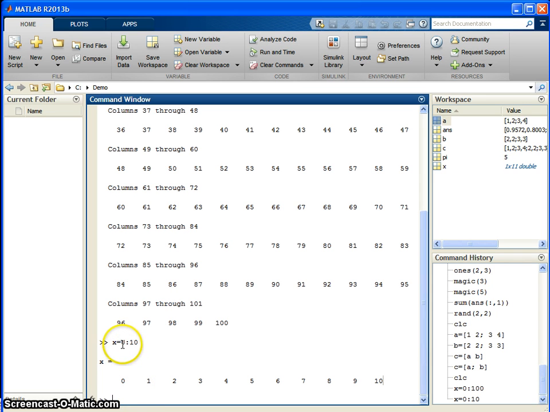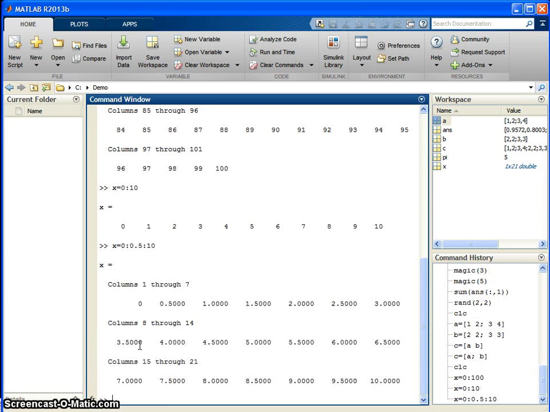In case you want to generate the numeric sequence with the step value 0.5, you have to define it. How can I define that? First you have to say the starting value, then you mention the step value, then you mention the end value. That means you will now have the numbers like this: 0, 0.5, 1, 1.5, and so on. So this is how you can mention the step value.